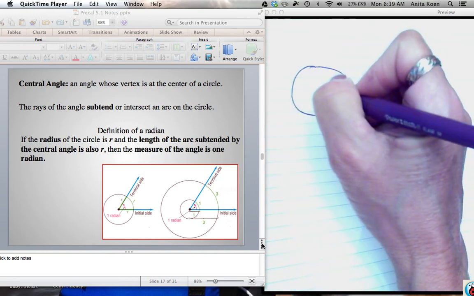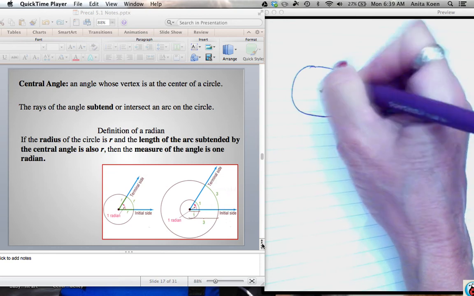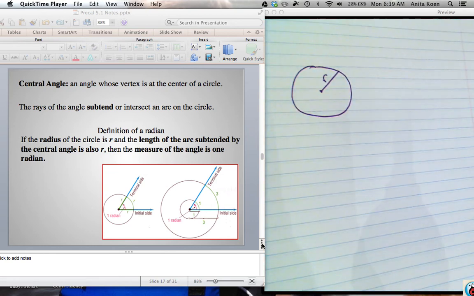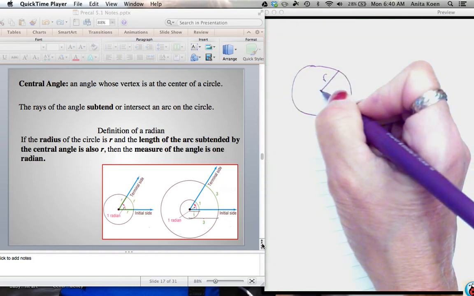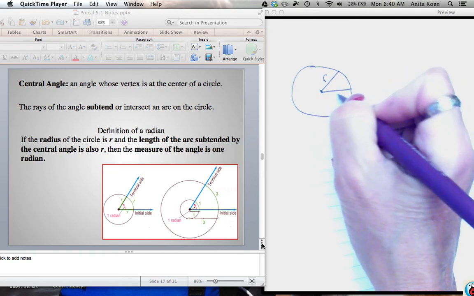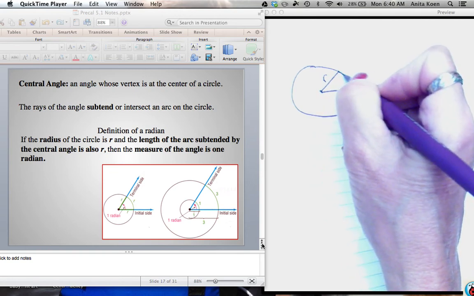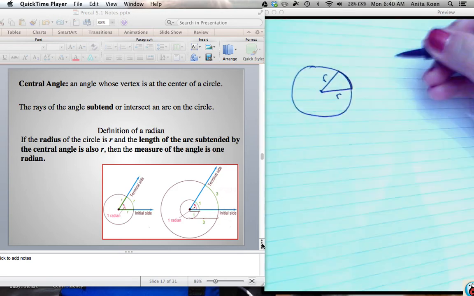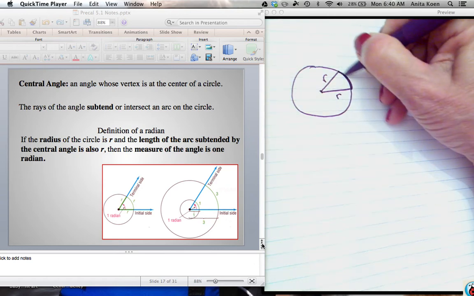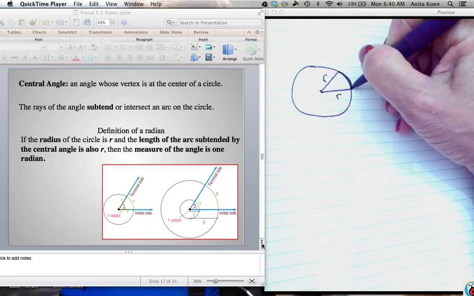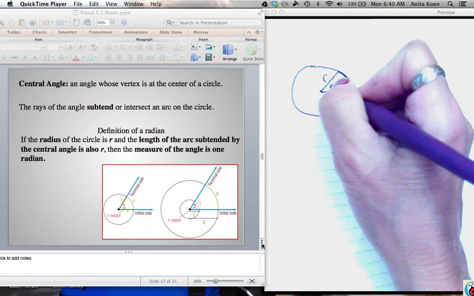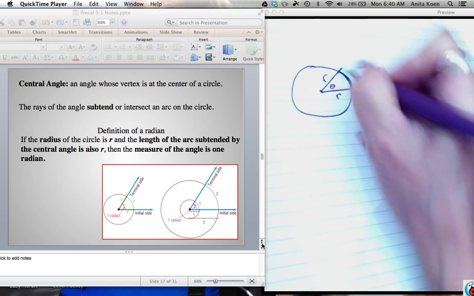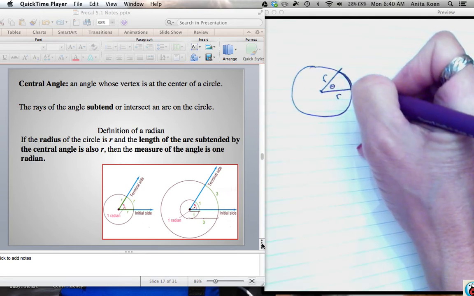So if I have a circle with a radius of r, and the length of the arc that is subtended by the central angle is also r, so this is radius r, and if the length of this arc that is subtended by this central angle, and we'll just label it theta, if this length from here to here is also r,